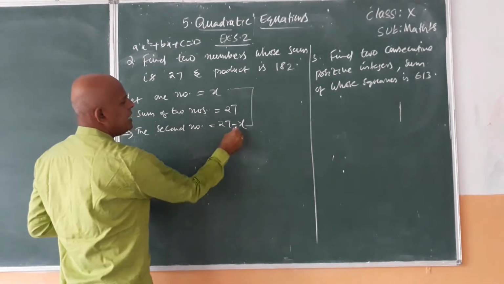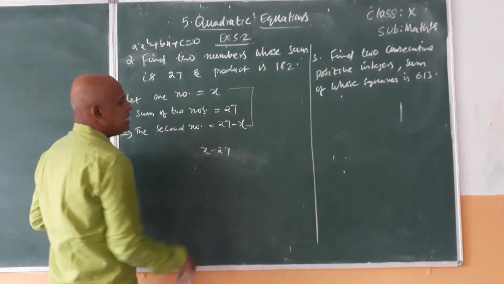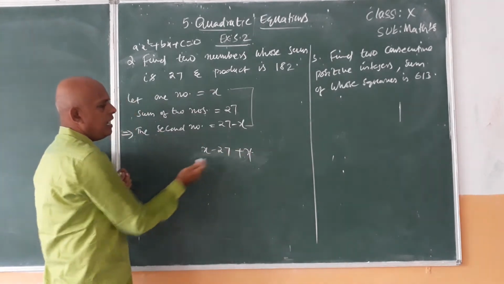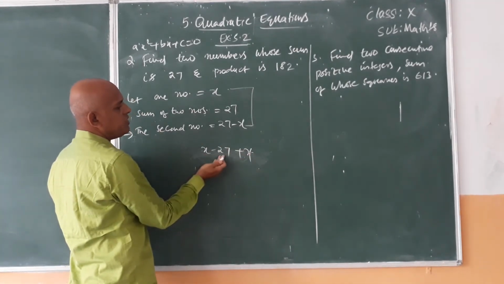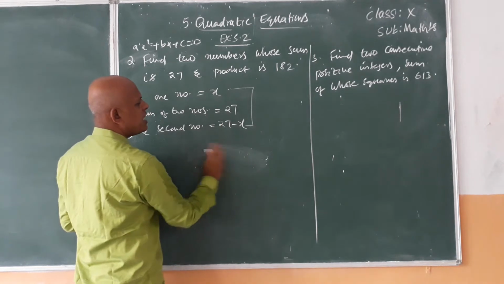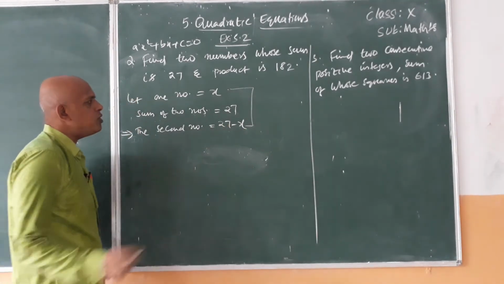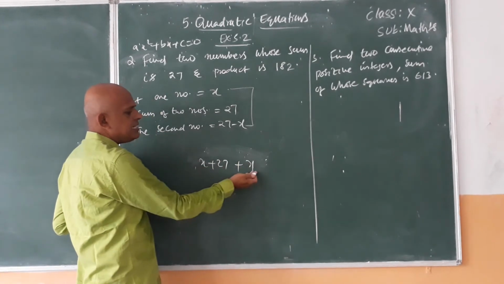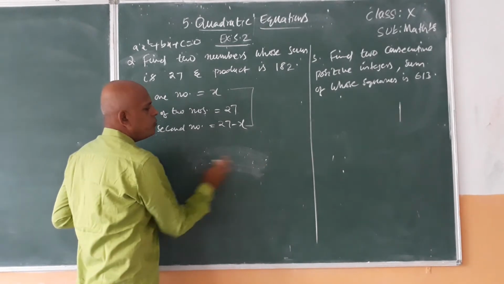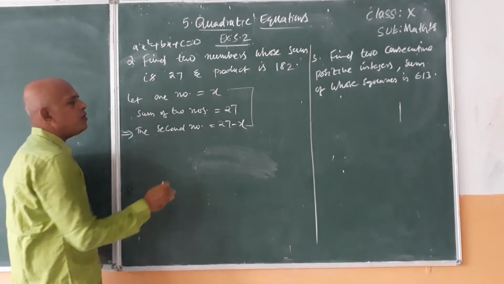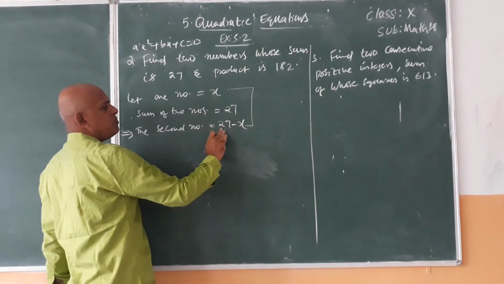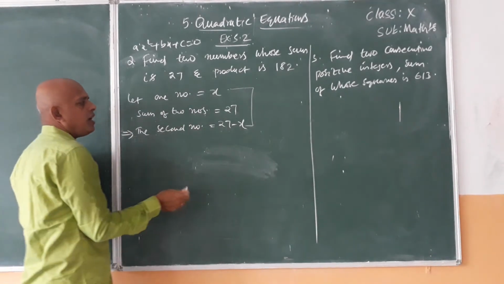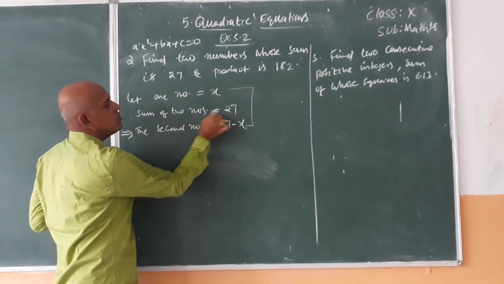Suppose we have taken x minus 27 plus x, then what happens here? x does not cancel, and we get x plus x, 2x minus 27. So we won't get 27. That's why we have taken 27 minus x. Suppose we take x plus 27 as another number and one more number x, again x doesn't cancel and we will not get 27. So based on the given condition, sometimes you have to take x minus 27, or 27 minus x, or x plus 27. Whatever you take, again you have to verify that the sum of two numbers is equal to 27.